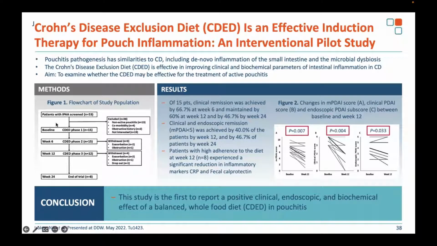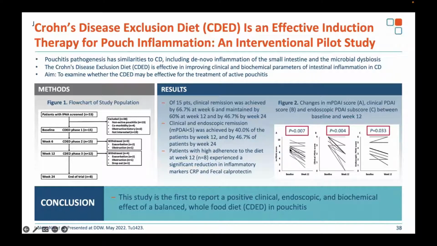So I'm going to give a very brief review of another trial in pouchitis, completely different in terms of the fact that this is open label and very small, but it just effectively is showing that the Crohn's disease exclusion diet, which is 50% of your calories from enteral nutrition and 50% of your calories from a very minimal list of foods, which are predominantly chicken and eggs, is an effective treatment in this open